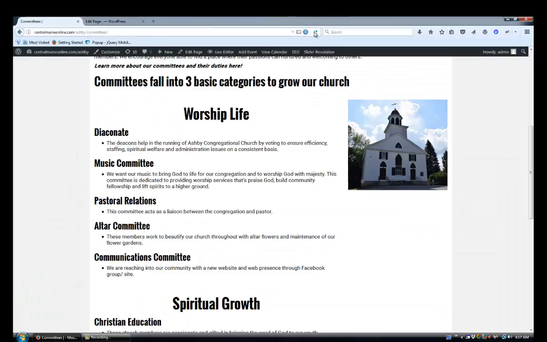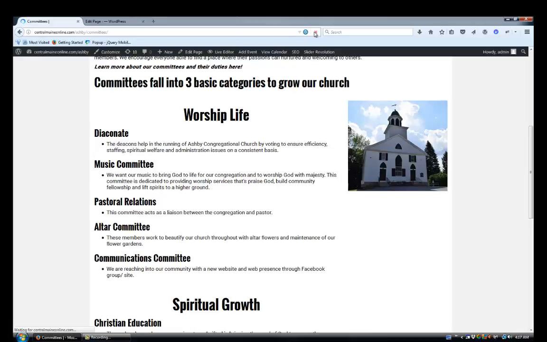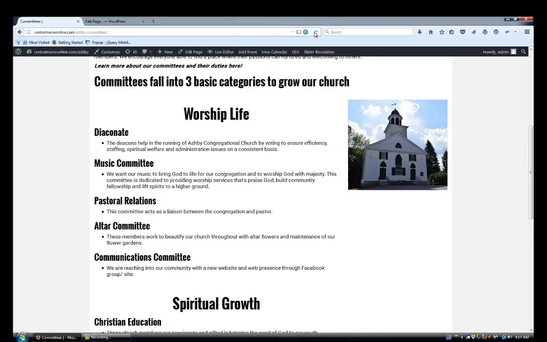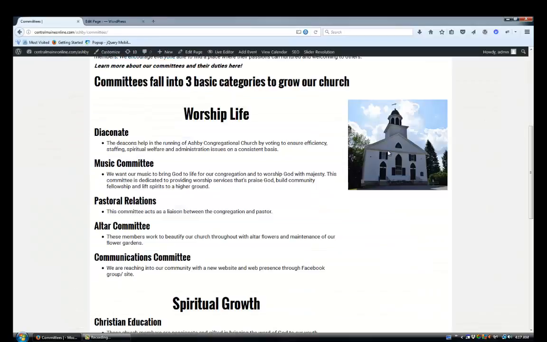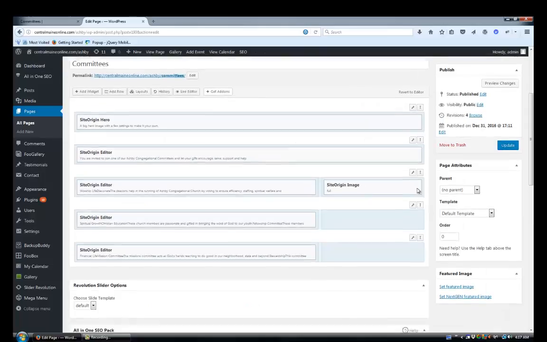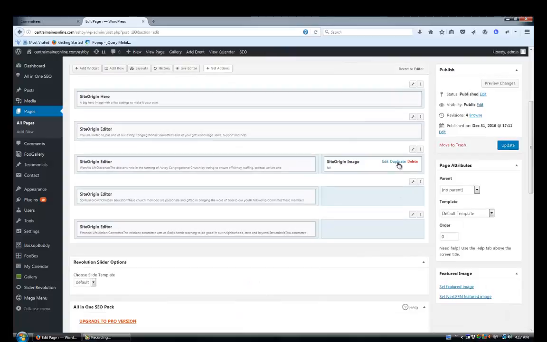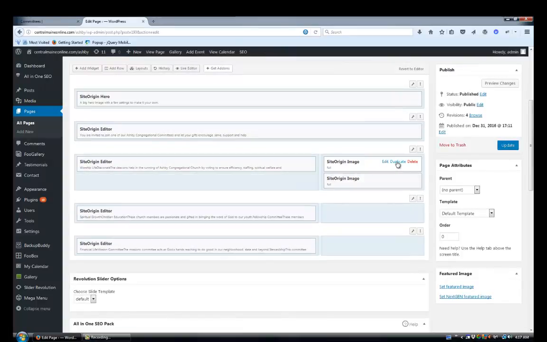Come over to here, refresh my page, and it didn't change. It didn't make a difference because again it's constrained to the dimensions of that box. So that's fine. So let's just say that's the perfect size and I want all the rest to be the same. I'm going to go ahead, and for me this is easier, I'm going to duplicate this 2 more times,